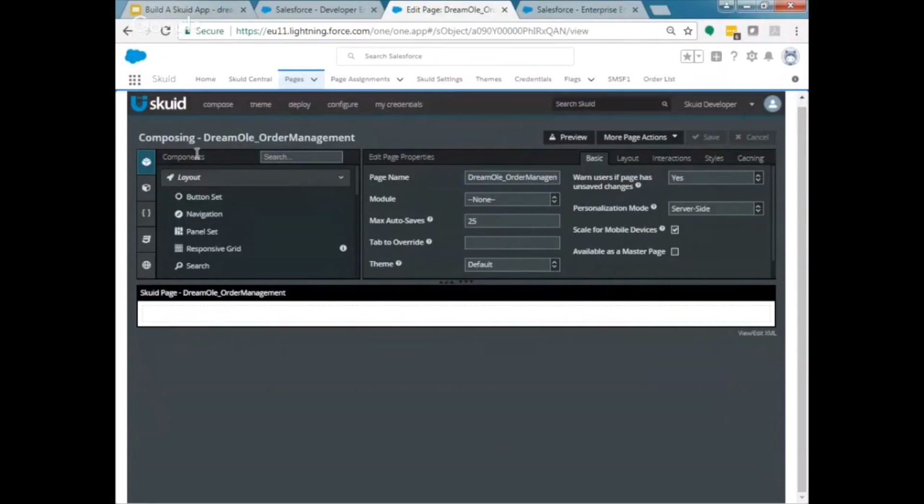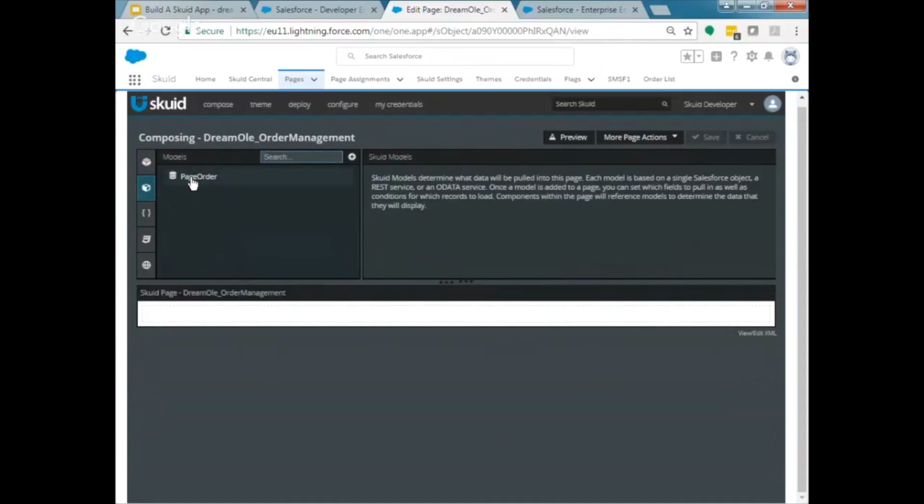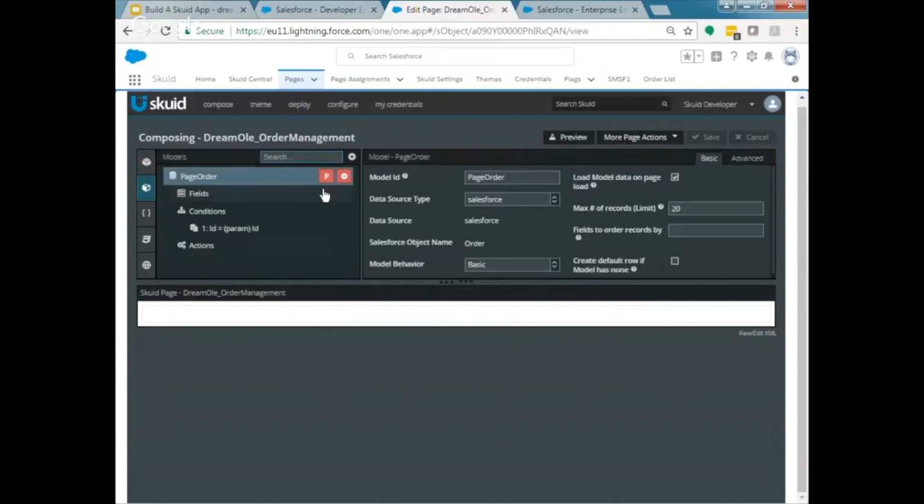The top bit, you have various bits where you can select components, create your data models, to define what data you can use on the page. And the top right here is where you configure those components or data models, and down at the bottom you have a canvas so you can drag and drop things on. I have created one data model already, just to save time, this is a page order model. It's pulling the data from Salesforce from the order object,